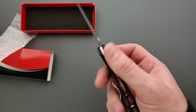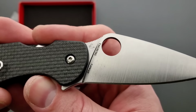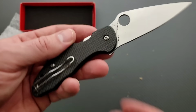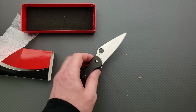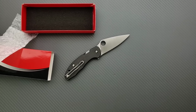These are made in Taichung, Taiwan, and I didn't look, but I can tell you it's Taichung, Taiwan. Oh, this is an Eric Glesser design. Interesting. I figured we'd see somebody's name on that, some different designer's name on this. But yeah, I'm always interested to look at more Spydercos. There are a ton of Spyderco models out there. Tons that I have never...